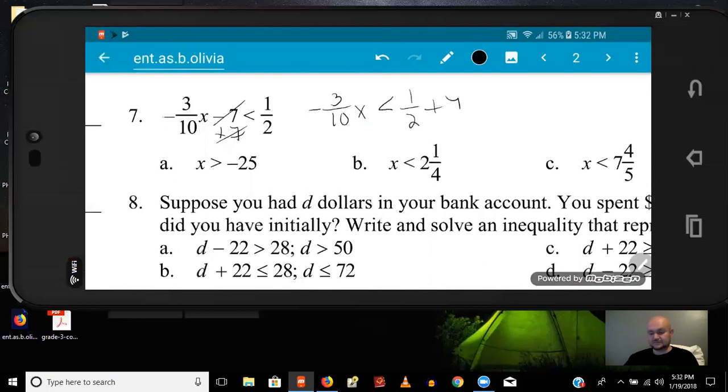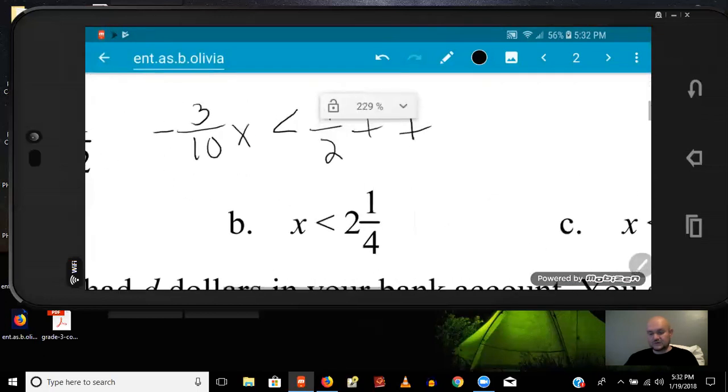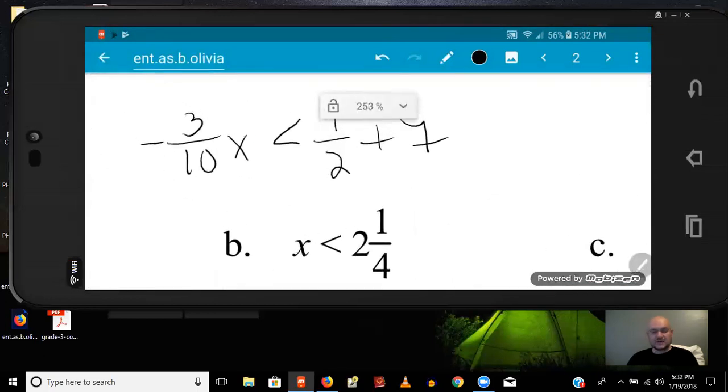plus 7. That works for us. I know how to do 1/2 plus 7. Pretty easy. That comes out to 7.5, pretty much. So now we're left with -3/10 x less than 7.5. The last thing we need to remember, I still got to get rid of the -3/10 that are multiplying